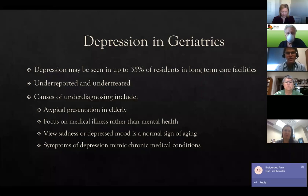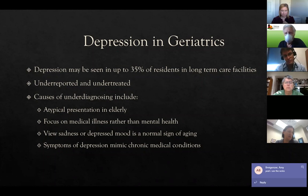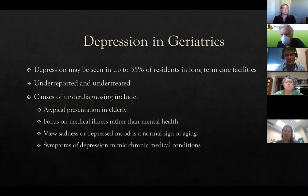Some of the underlying things you think about have a little bit different presentation sometimes in the elderly. There's a focus on medical illnesses rather than mental health. Often our geriatric population has lots of other medical problems, and so you're trying to work out their diabetes, their hypertension, their congestive heart failure, their COPD. You're trying to do all of that during a 30-minute visit or a 15-minute visit, and then trying to get to their mental health makes it difficult to find the depression in that individual, especially if you're not